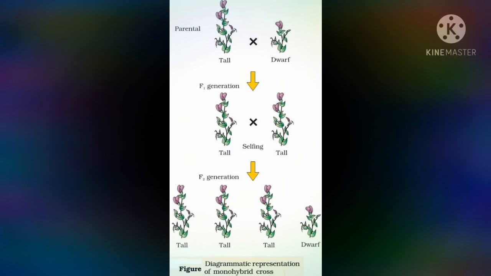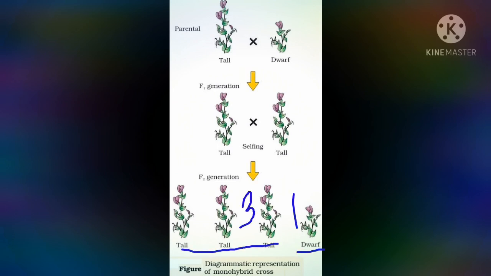Then he thought that it may be due to female dominance, that is, tallness was with the ovules and dwarfness with the tiny pollen grains. So he performed the reciprocal cross: he selected the tall plant as a male and the dwarf plant as a female, and repeated the procedure. He got similar results: all tall plants in the F1 generation, and dwarf plants in approximately a 3:1 ratio in the F2 generation.